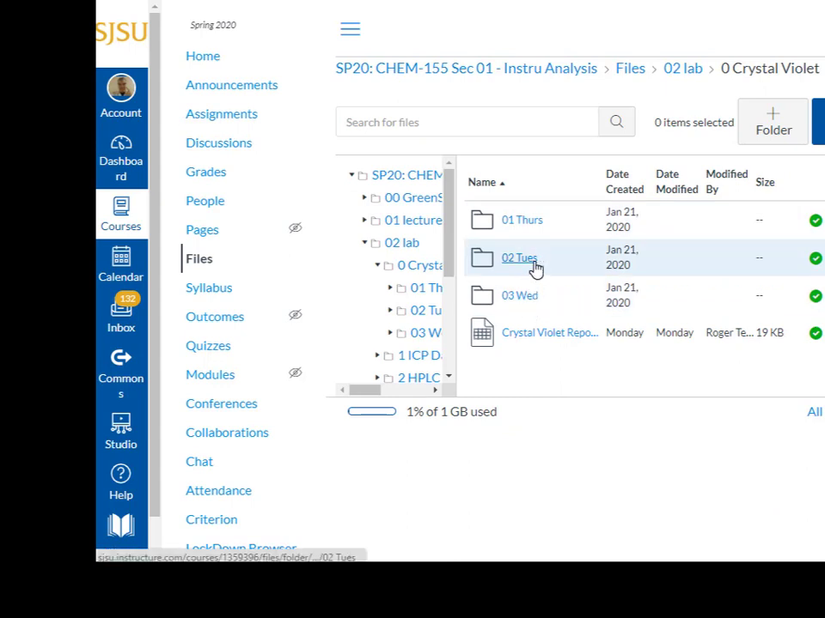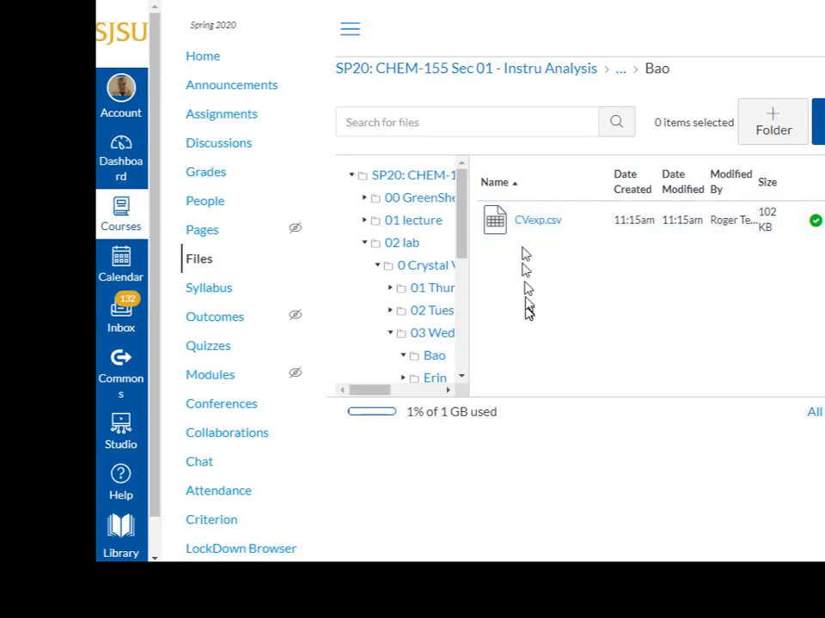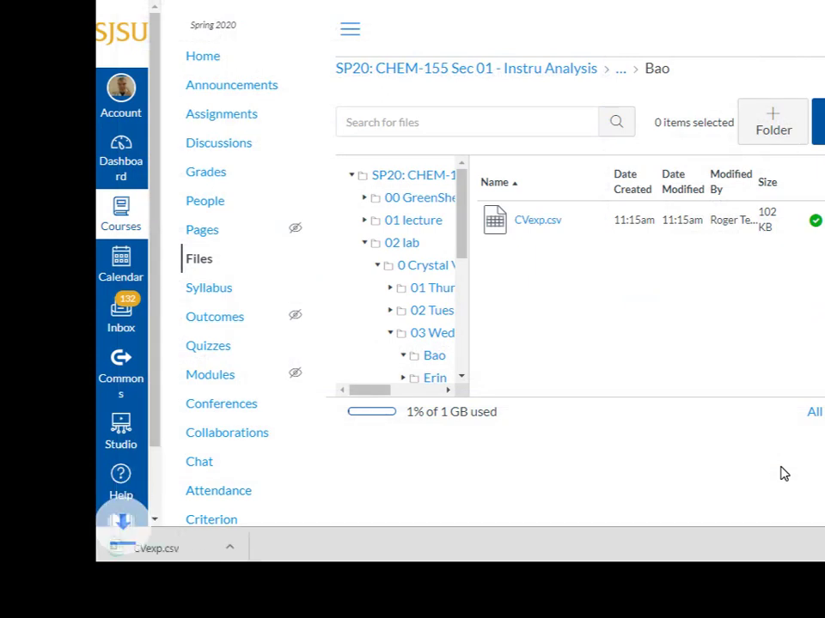and let's find a file that we want to use. I'll pick today for today's date. Let's pick on Bow, and there's cvexp.csv. I'm going to download this file and save it. Okay, now when I go back to